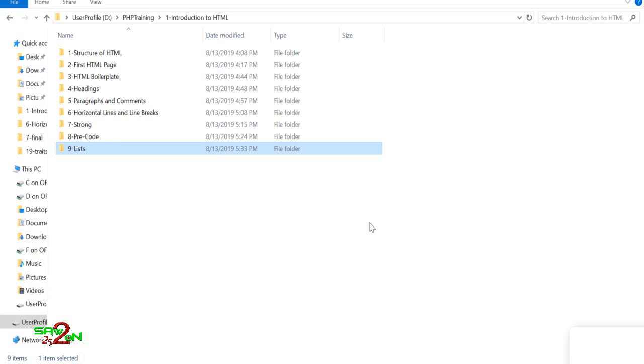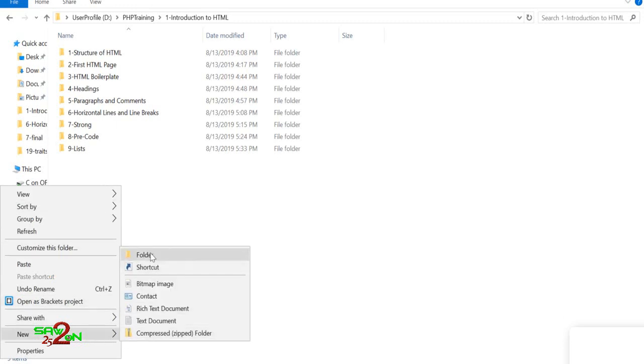Hello and welcome to the lecture on links. Let's understand how to create links inside your web page. Links are also called hyperlinks. Links are nothing but you leave a reference of another page on your web page. So when someone clicks that link, they go to that specific page. Okay, so let's create a link folder.